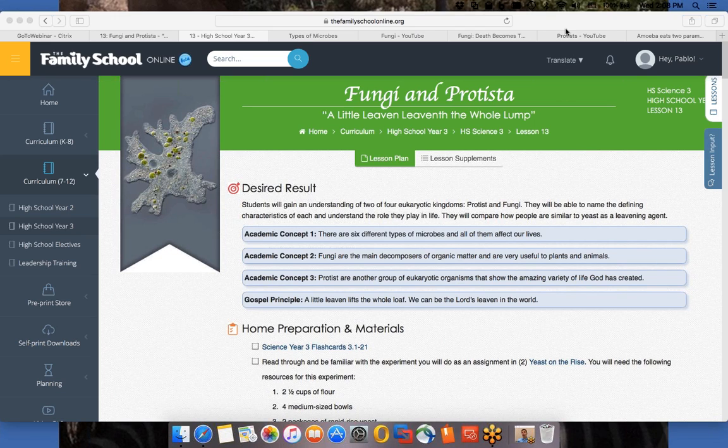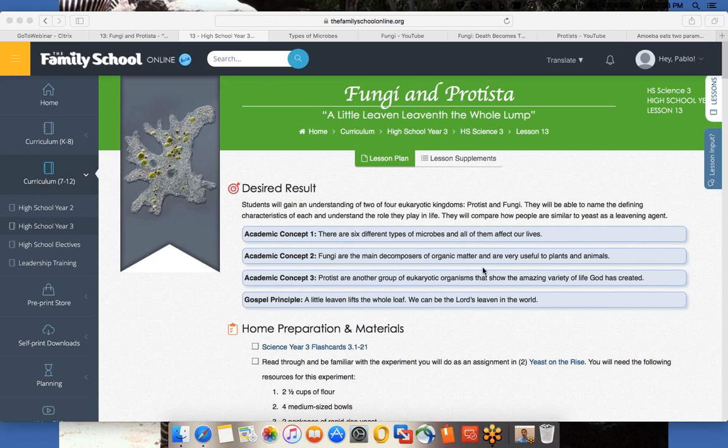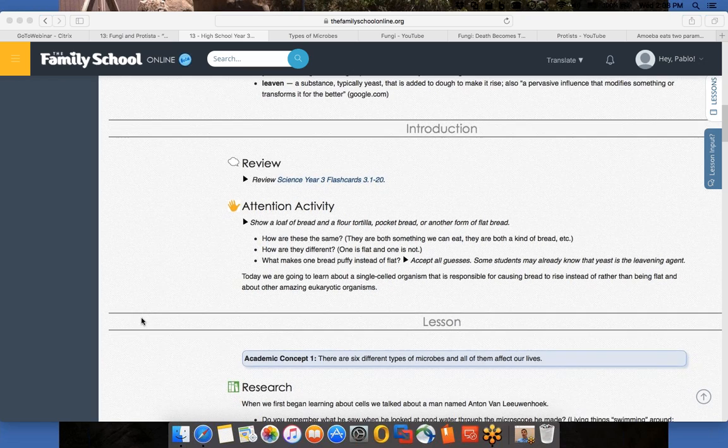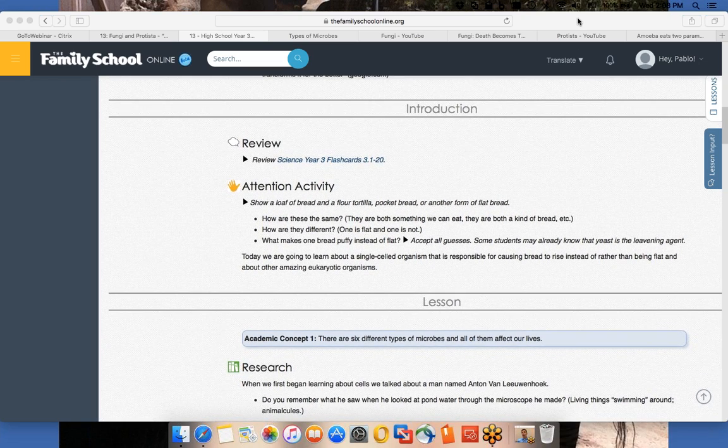Excellent. Welcome to lesson 13 on year 3 of science. And we have the lesson on fungi and protista. So this is a very, very interesting lesson. And the first thing that we want to do is to think about, here in the attention